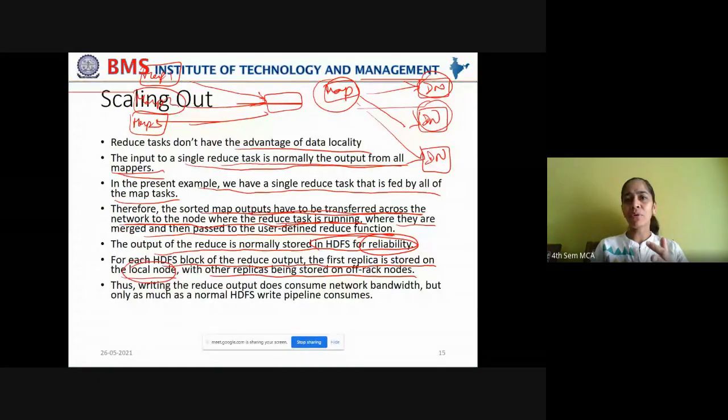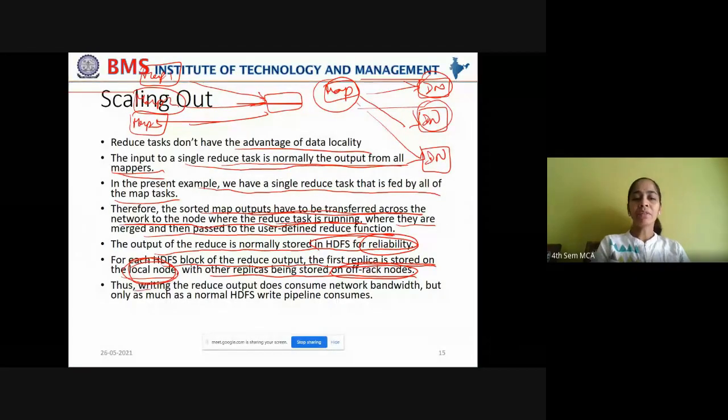First, it is stored on the local node, then on a different rack in the same cluster, then on a different rack in a different cluster. Same thing happens here. For each HDFS block of the reduce output, the first replica is stored on the local node, with other replicas being stored on off-rack nodes. Let it be in the same cluster or a different cluster.